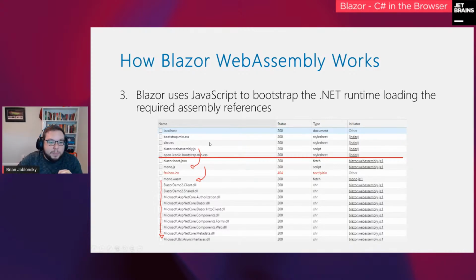From there, blazor.webassembly.js will load up mono.js, which is now called dotnet.webassembly, or dotnet.3.2.0.js. But it was based on the mono framework. That JavaScript is responsible for loading up the mono runtime and the rest of your client. So the mono JavaScript loads the mono WebAssembly virtual machine, which is then responsible for loading all the rest of your DLLs, like you would traditionally use with a web framework.